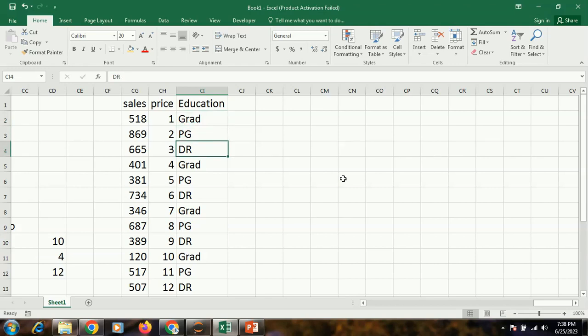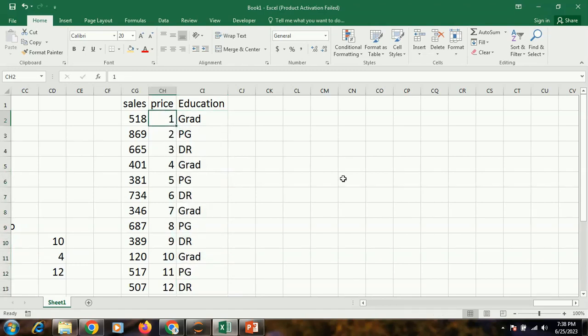Doctorate. So if you are a more learned person, chances are that you are going to earn more money, isn't it? So if I'm selling a bottle of Scotch whiskey, if you have more money, you are likely to buy more, is it not?